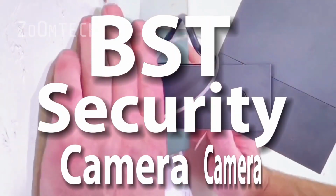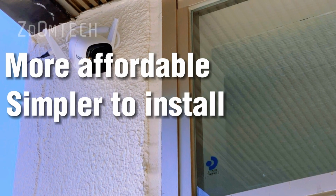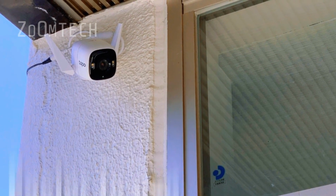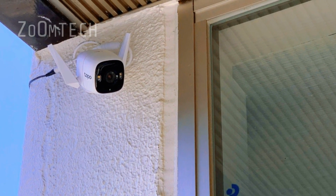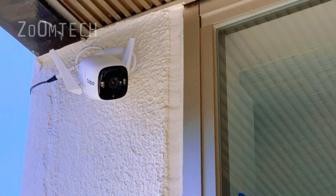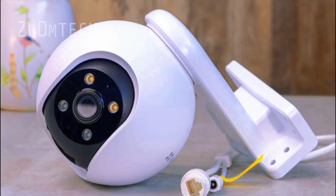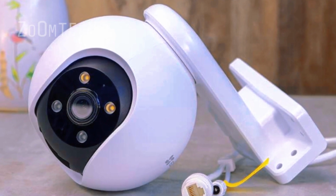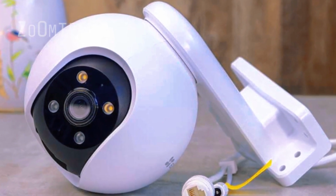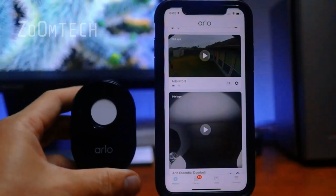Best Security Camera 2023. More affordable, simpler to install, and easier to use than ever before are security cameras, in particular the internet-connected Wi-Fi gadgets under evaluation here. They enable you to monitor what's going on outside or inside your home from your phone and will notify you if anything needs your attention. There is a nearly infinite variety of cameras available, both battery and mains powered, indoor and outdoor, with or without